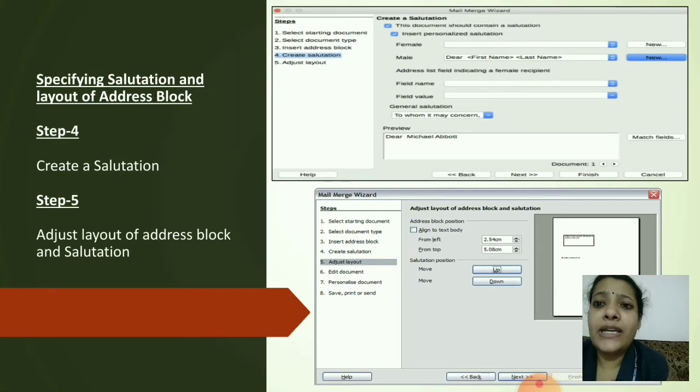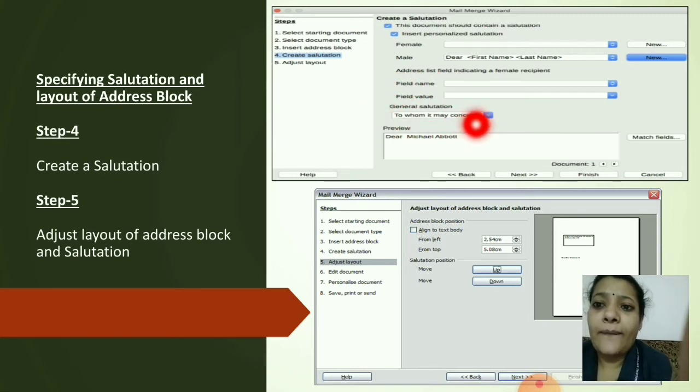If you are sending a letter to your managers, principal or teachers, you can put respected ma'am, respected father, respected sir, like that. This part we call a salutation.